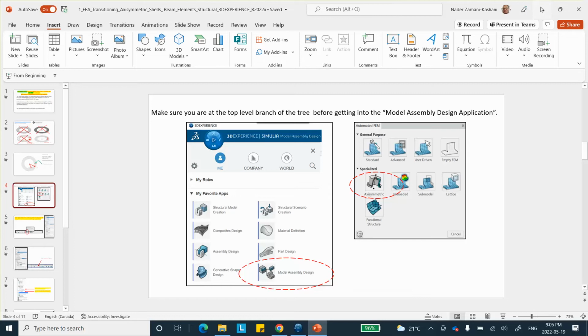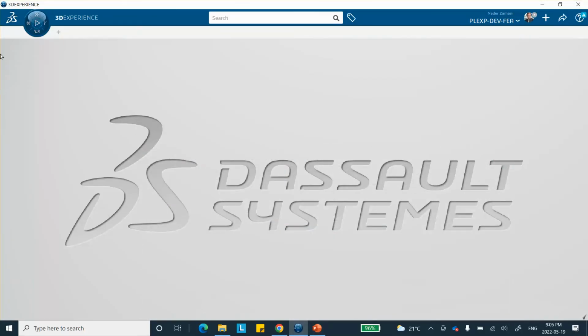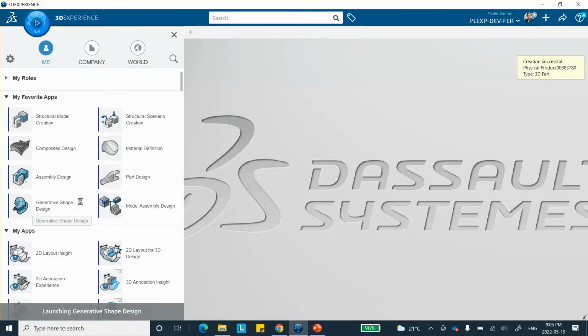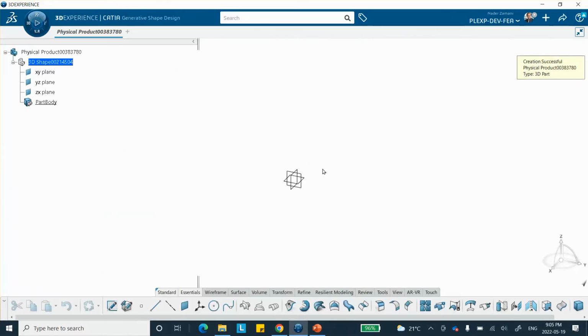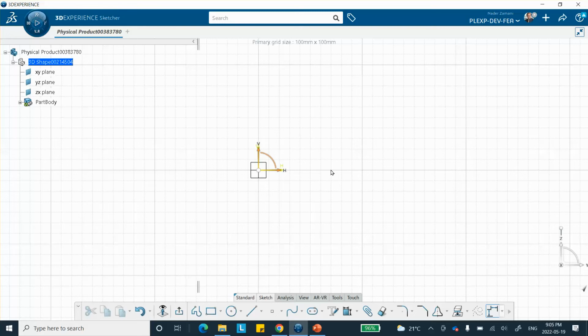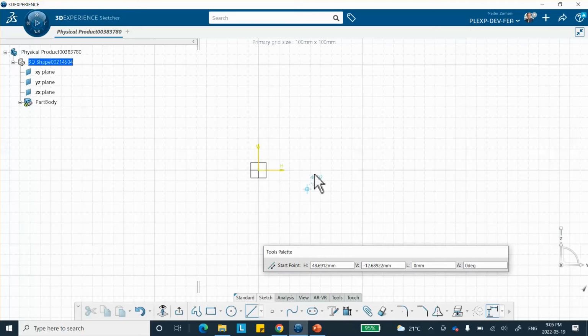Right. So let's go ahead to 3D Experience. Because we're going to be doing basically a one-dimensional problem, which is axisymmetric in terms of shell element, we're going to go to generative shape design because we're going to have to create a surface. Okay. So on that vertical plane, I will sketch that one-dimensional cross section that eventually is going to be virtually at least rotated around. So I'm going to draw a line here